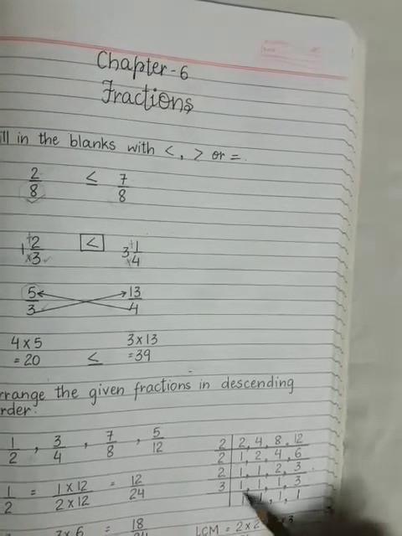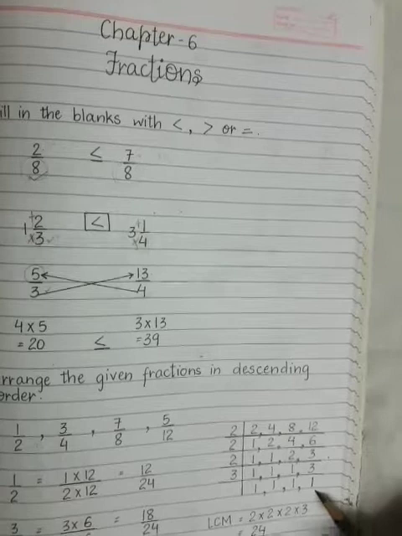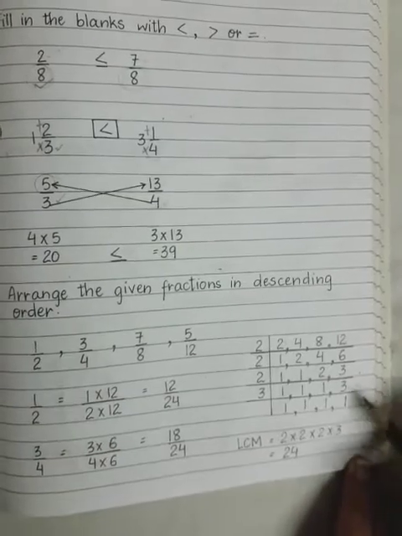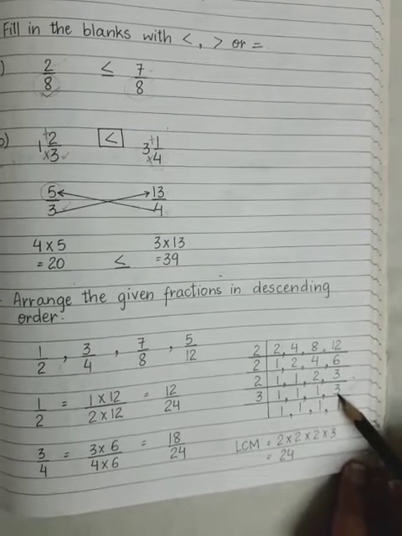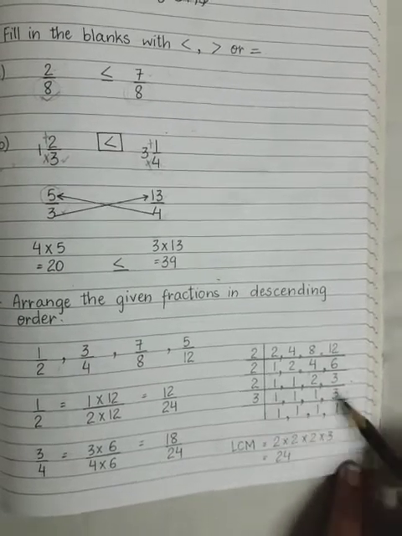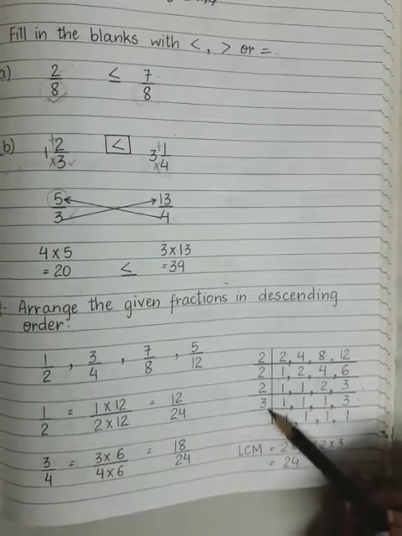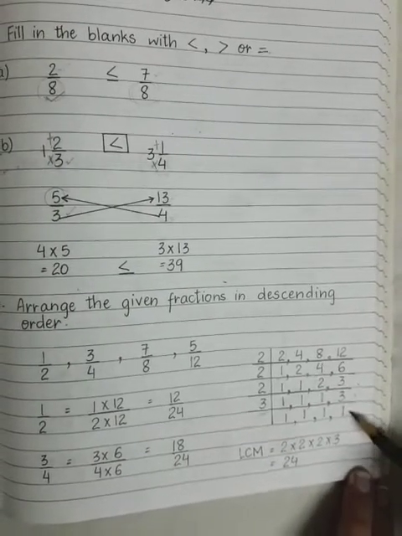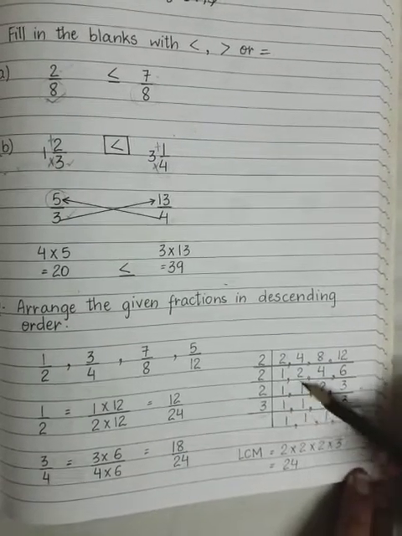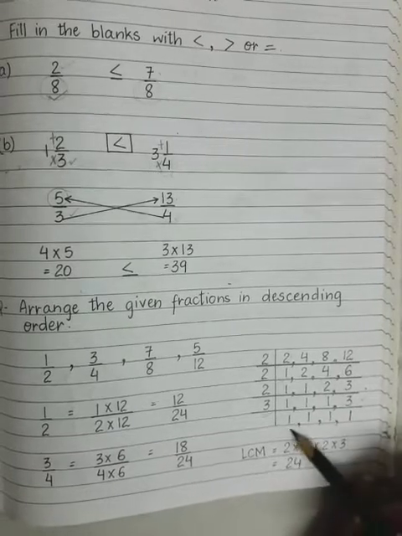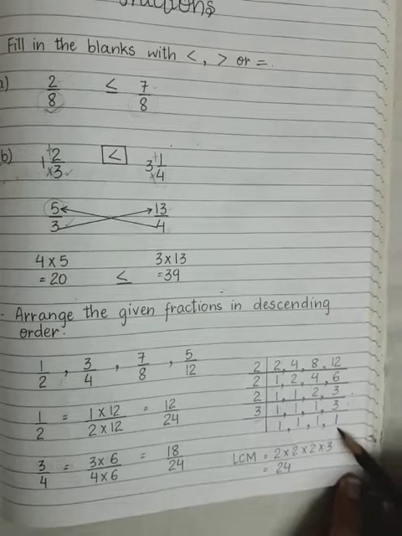Now, we need to make this 3 as 1, then only the LCM will be finished. Okay? So, what do we do? In order to make this 3 as 1, we have to write 3 here because 3 divided by 3 will only give us 1. So, we write 3 here. Okay. So, 3 divided by 3 gives us 1 and this was already 1, this was already 1 and this was already 1. This is just coming down as it is. Okay. Now, since we have got 1 as the quotient for all the numbers, the LCM is finished.